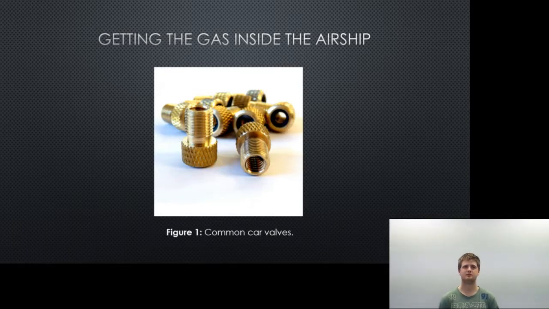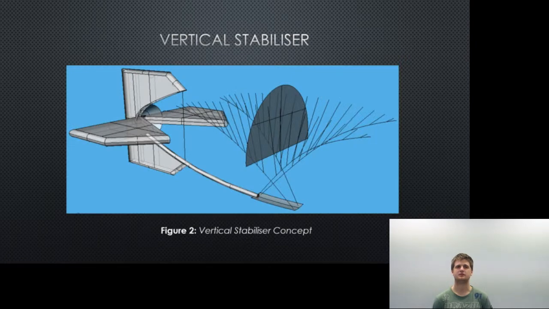Finally, the airship also needed to be able to be controlled, and therefore a control surface needed to be included. I'm responsible for making sure that the control surface is capable of influencing the course of the airship so that it reaches its target quickly and safely. The designed control surface is somewhat similar to a vertical stabilizer seen on aircraft. It features a large vertical fin at the rear of the airship that would rotate left or right to steer the airship left or right respectively. I will now hand over to Jordan to further discuss